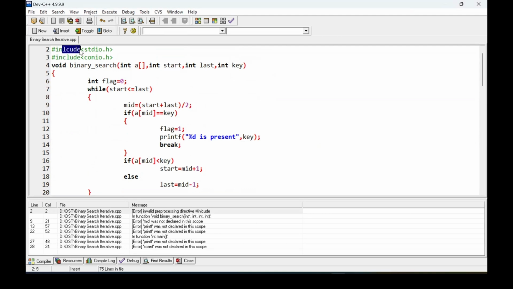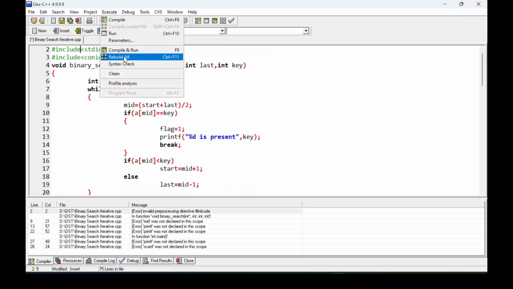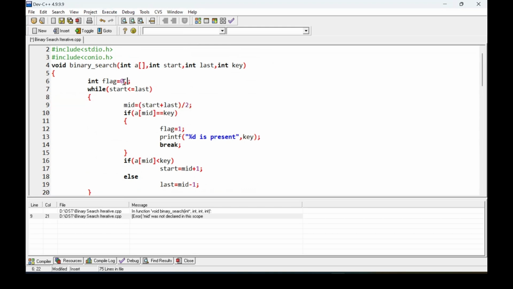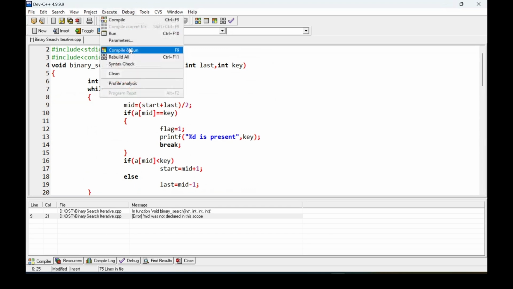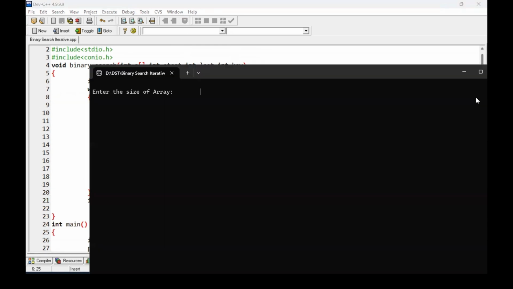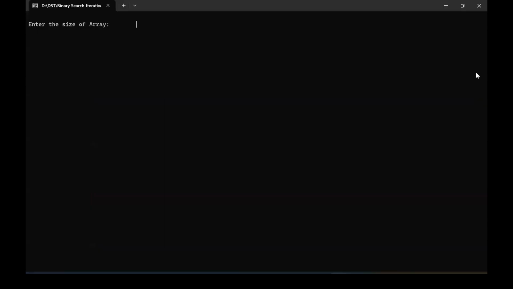Include spelling mistake. So now, okay, we did not declare what is mid. So mid is an integer variable. We have to declare the integer variable. Then, no error. Okay, good. If there is no error, we have to enter the size of